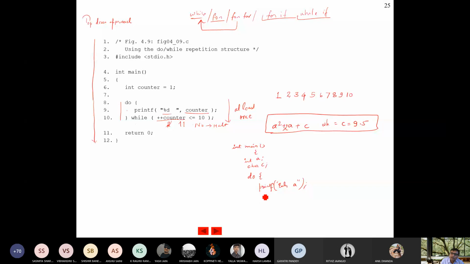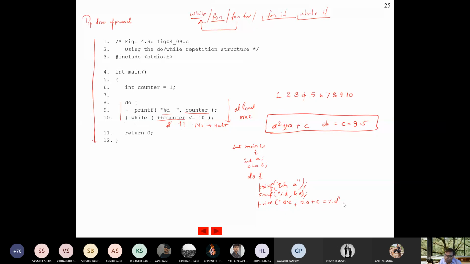Then scanf %d, address of a. After that, print a square plus 2a plus c equals %d.